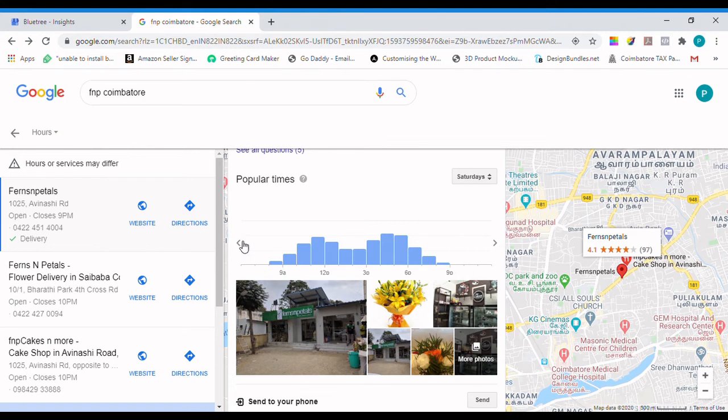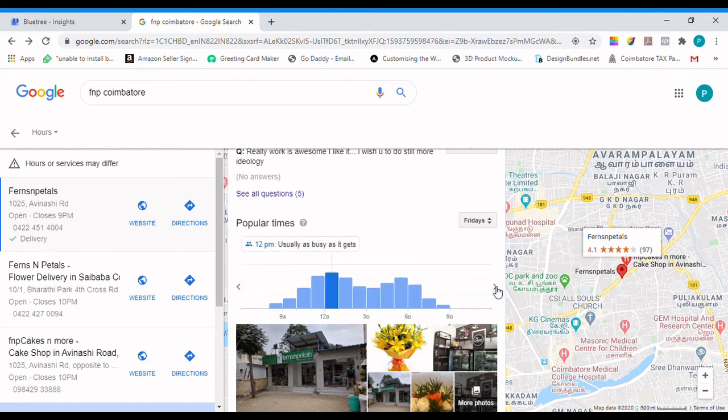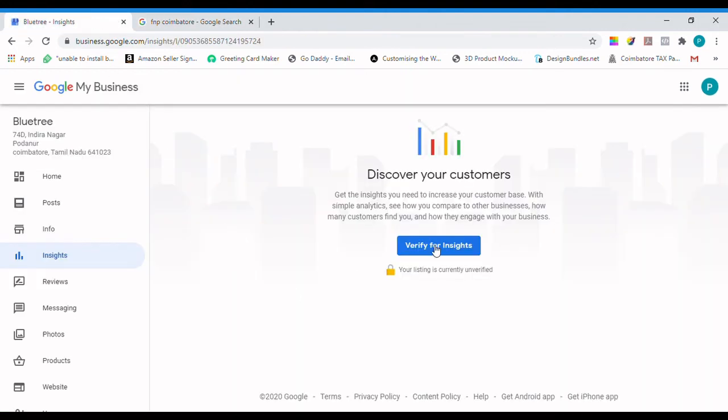And what was the peak time when the users try to access your business information? So this will help you to understand what was the peak time when your business information is searched by users and what information they searched. So like this, they have many insights with statistics provided.